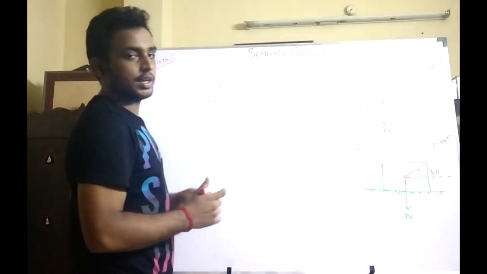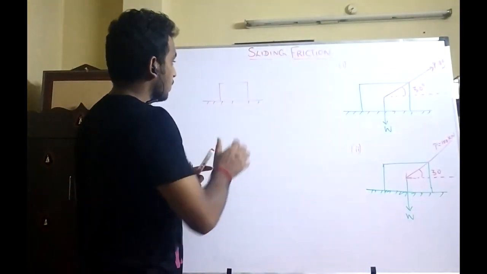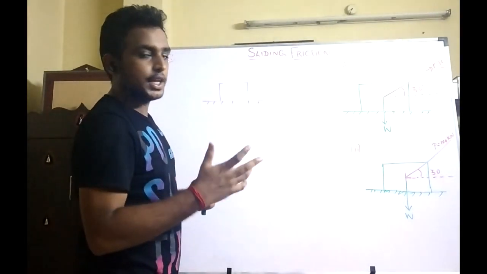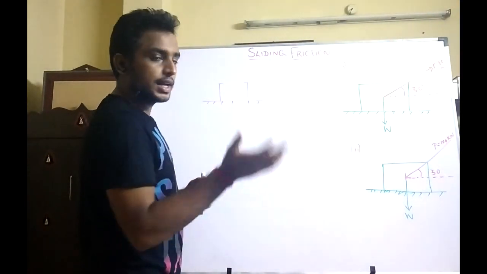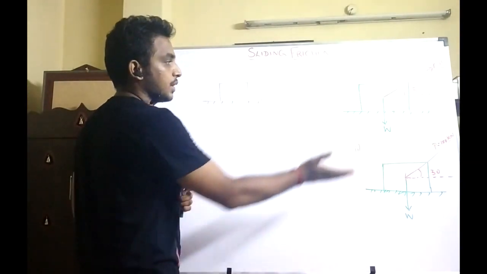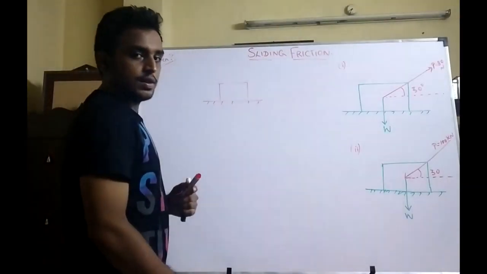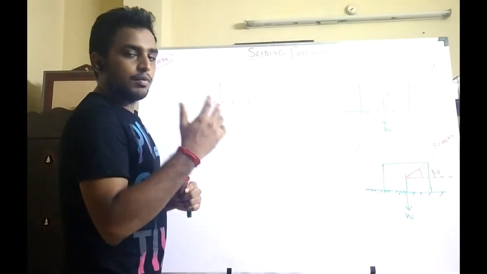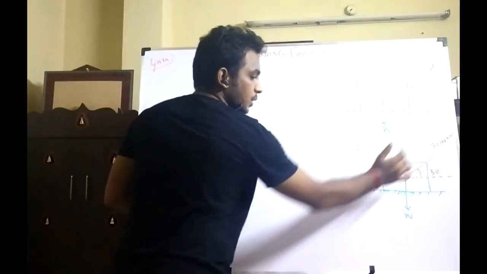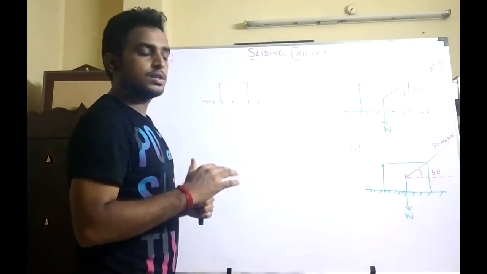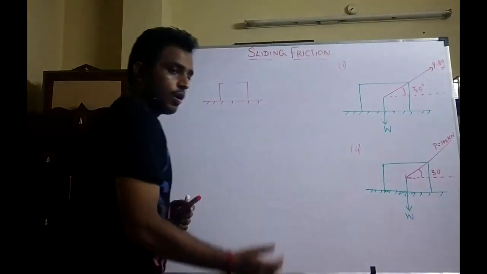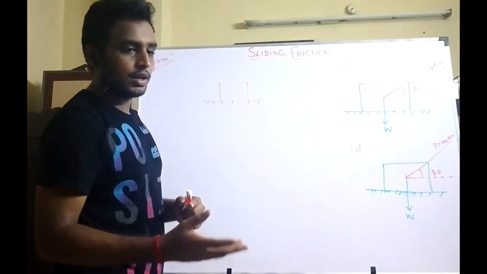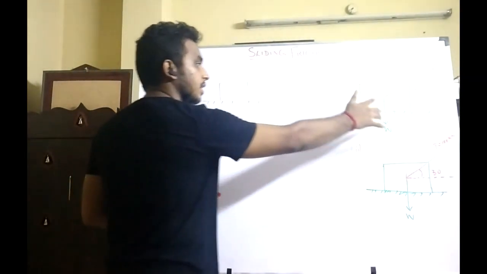This block possesses some weight. They are saying this block has been moved with a pulling force of about 80 Newton, inclined at an angle of 30 degrees with respect to the horizontal surface. And then they have also said in this problem a force of about 100 Newton, which is the pushing force, has also moved this body over the horizontal surface. In this problem they have not given any value of mu. What is the weight the block weighs?